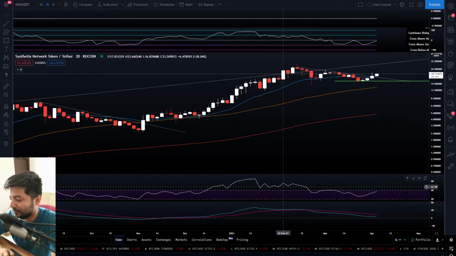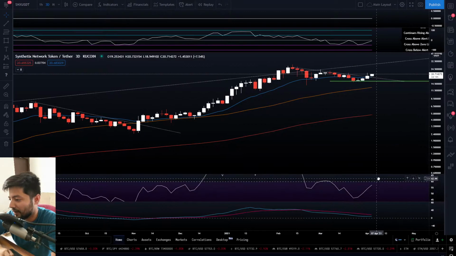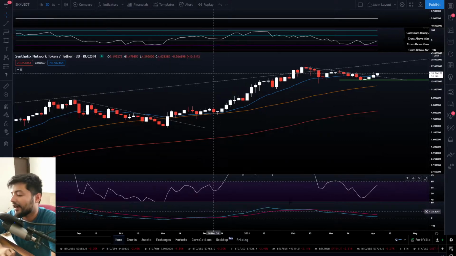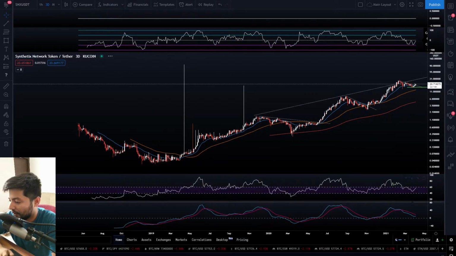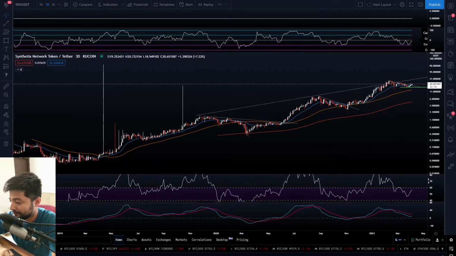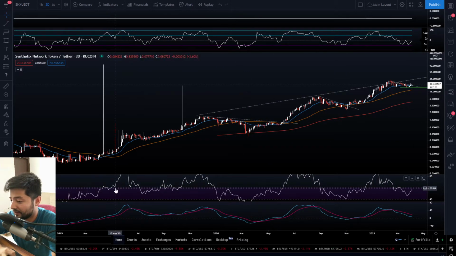And in terms of your momentum oscillators right here, guys, you can talk about one fact, that this is currently below your 60 ticker. Guys, you really want your 60 ticker to be taken down for these leg up moves, right? Check this one out, guys. These are your buys.